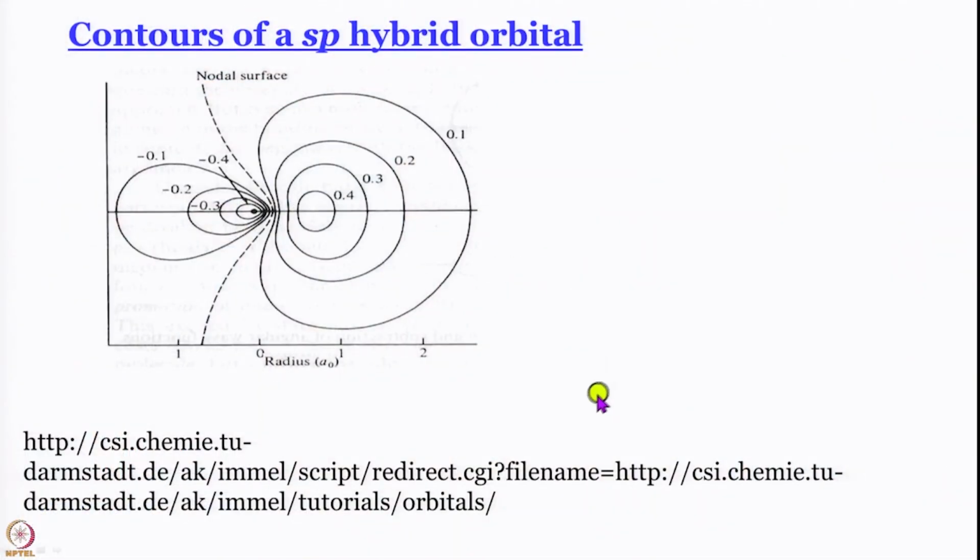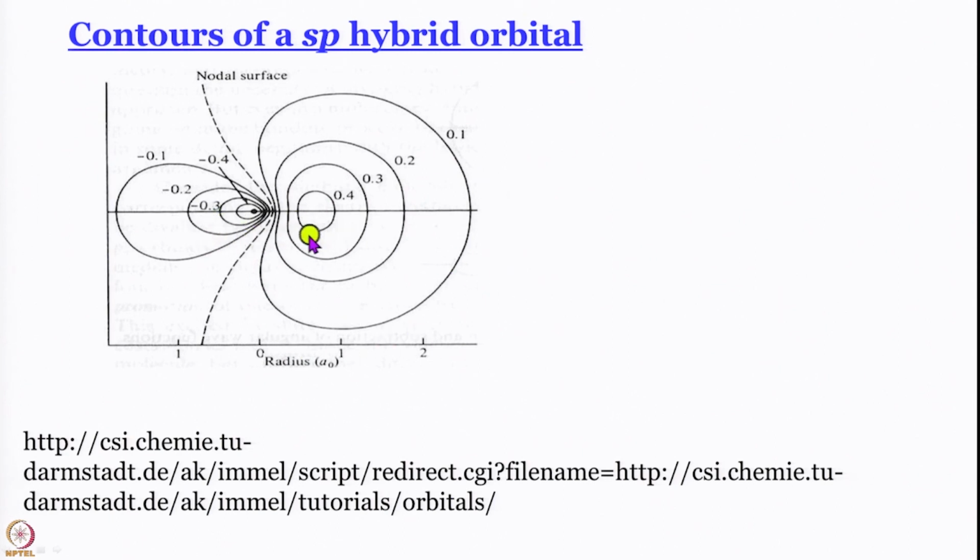We are learning about hybridization and we have shown you the contours of sp hybrid orbital. Well, contours of other hybrid orbitals also look qualitatively the same. Quantitatively of course they will be different. Sp hybrid means, as you know, we have taken a linear combination of a 2s orbital and a 2p orbital. Notionally we always take the 2pz orbital because generally if there is one bond we like to do it along the z axis. But have a closer look at the contour diagram.